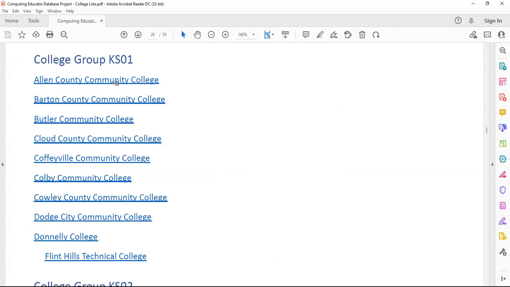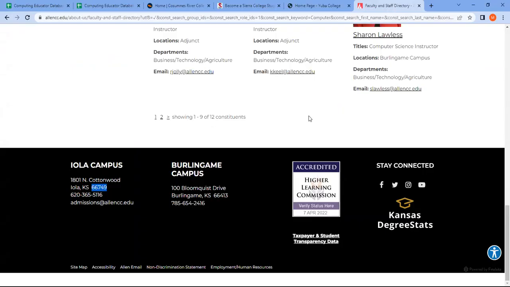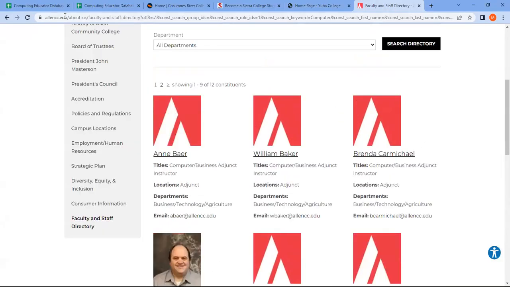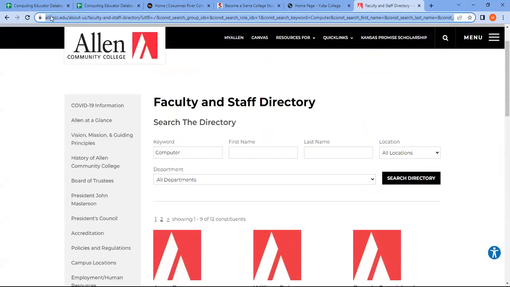If I hover over it, it will get me back to that location. Notice it says here allencc.edu, or I can simply go back to that college website right here, and up at the top will be my URL,